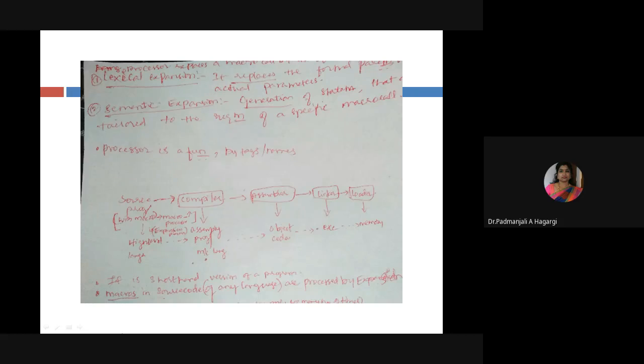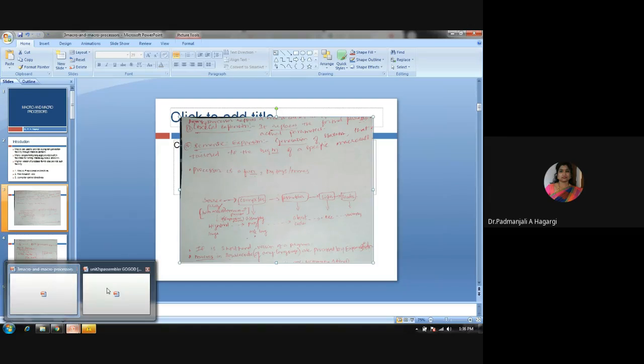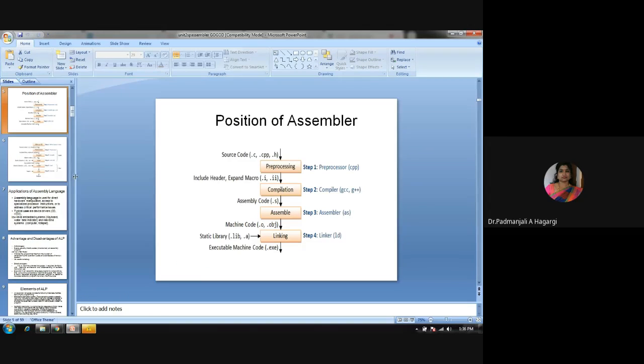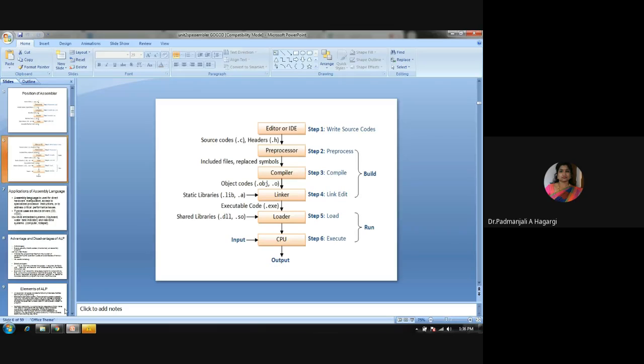What are the phases of the compiler? I want to go back to this figure. Somewhere in the second module I have explained the front end and back end phases of the compiler. The front end phases were the first phase, lexical analysis, or the syntax analysis, and semantic analysis.